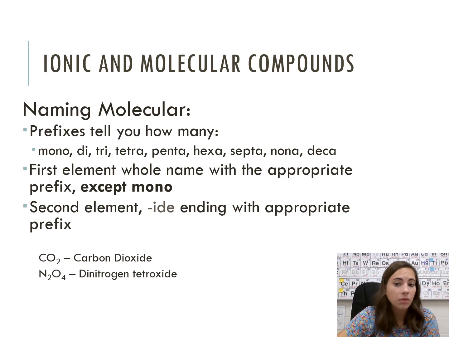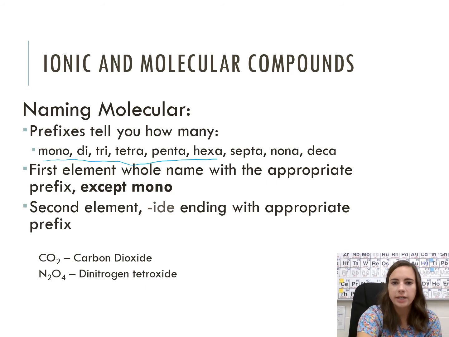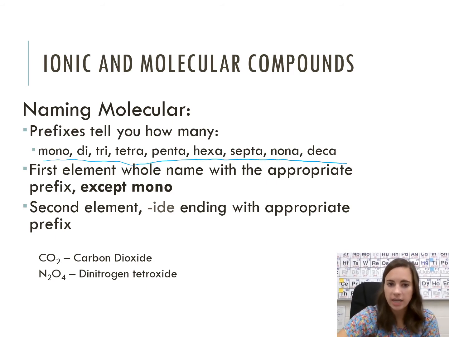So when naming them, we simply use those prefixes to indicate how many. Here are my prefixes: mono, di, tri, tetra, penta, hexa, septa, nona, and deca. Every element gets a prefix to indicate how many there are, except the first one with mono. I don't really know why this is the rule. I don't know if they thought starting the name of a compound with mono sounded weird. I have no idea. So, for example,